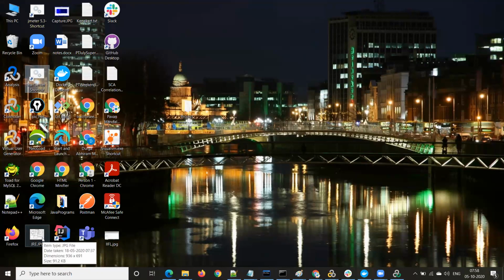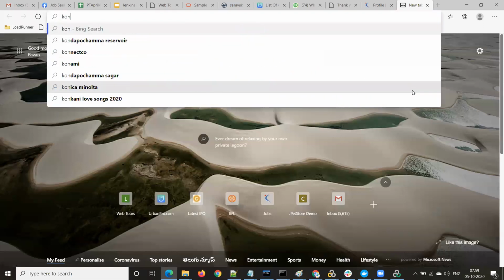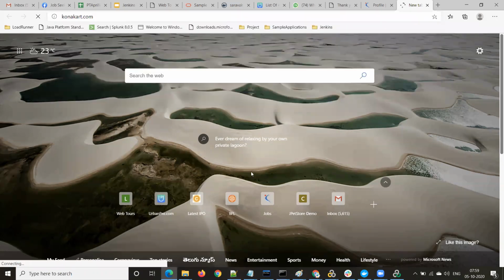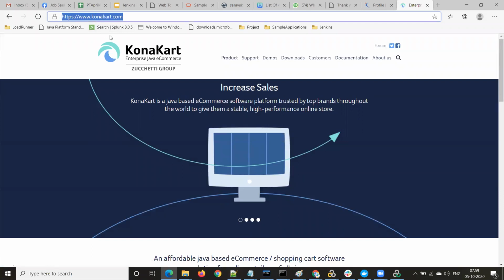So then you will understand, for this Konakat application, we have the Konakat online application also, correct? So whose URL is, hey, Sweta, I shared that sample application. I hope you check it. I saw it, Kishore, but I didn't get the laptop for 3 days. Okay. So this is Konakat online application, right?